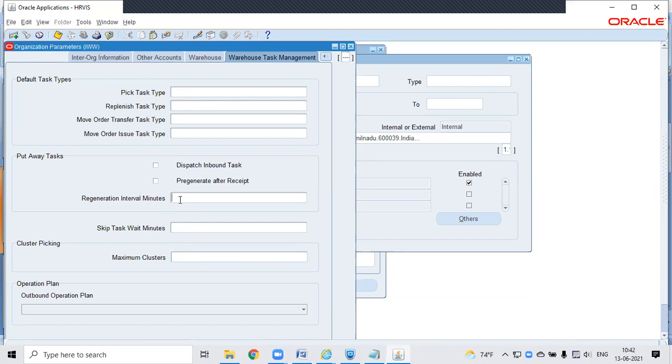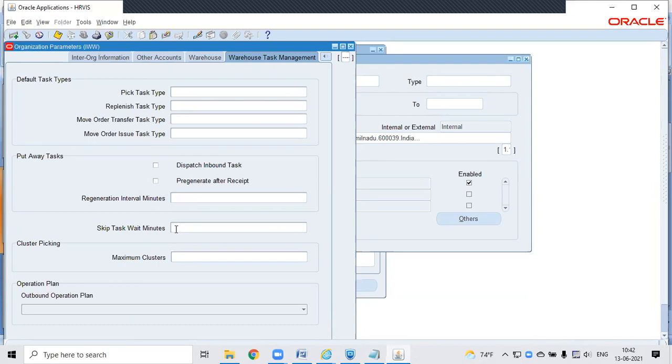Based upon that, you can select pre-generate, or we can generate the putaway task on the fly when we scan the LPN. This setup is required based upon the business requirement. So the basic idea is that if we want to generate the task immediately after the receipt, we have to select pre-generated after receipt, and we have to give some time interval.